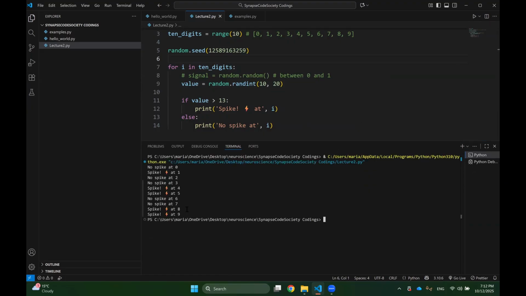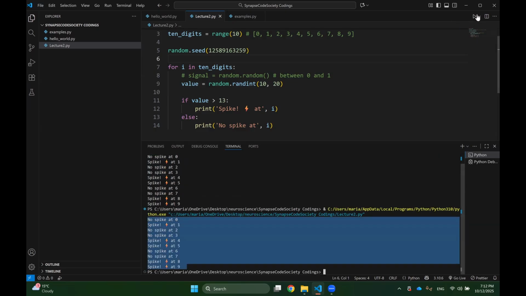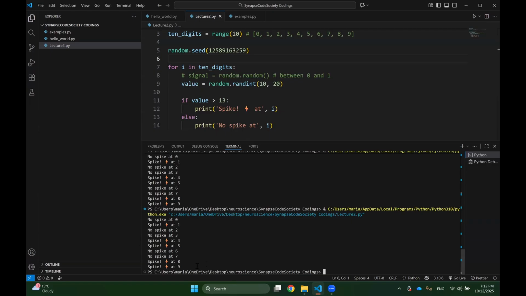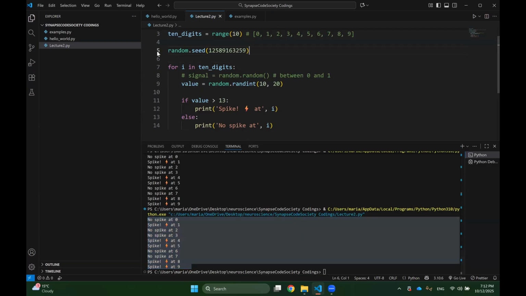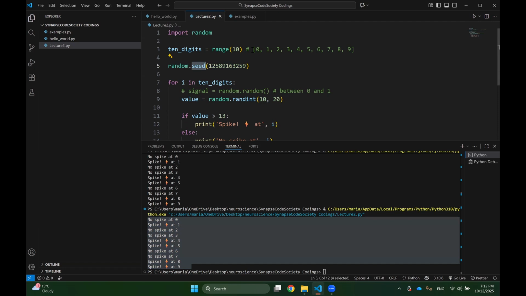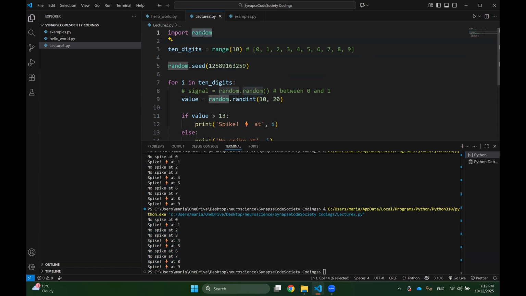So let's say this is what we got, but if I run it again, you can see it's the same result. And no matter how many times I run, it will always be the same result because it starts from the same seed. So what seed basically means is that probably nothing in the universe is truly random. It always has to depend on something. If you don't specify what to depend on, it will depend on something like how many milliseconds have gone by since 1970 or something like that,